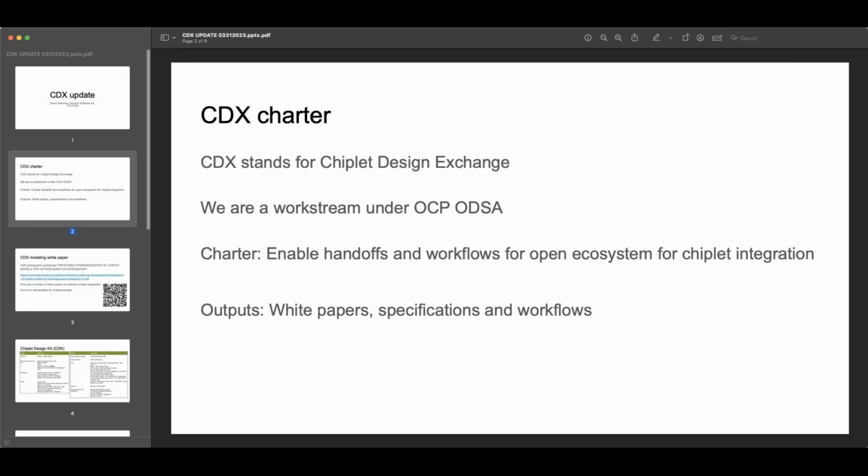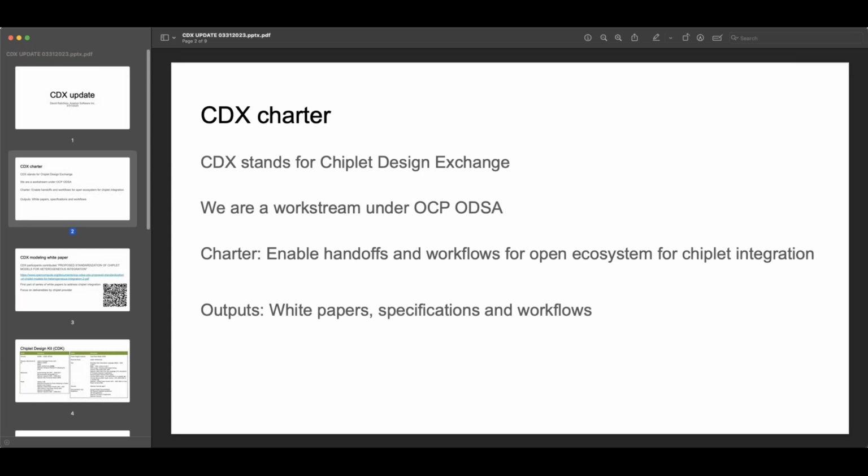together. These are heterogeneous systems, with heterogeneous chiplets coming from different vendors, and to do that there needs to be a clear definition of what's being given between users and how that's being used.